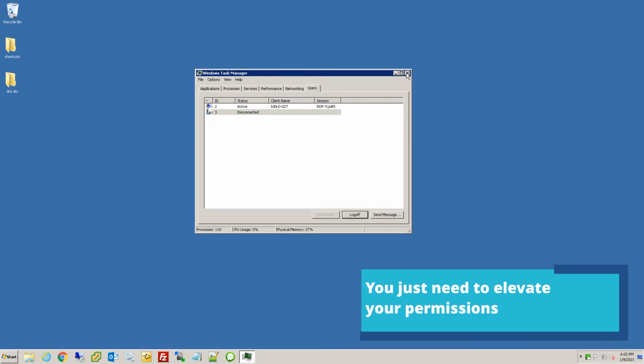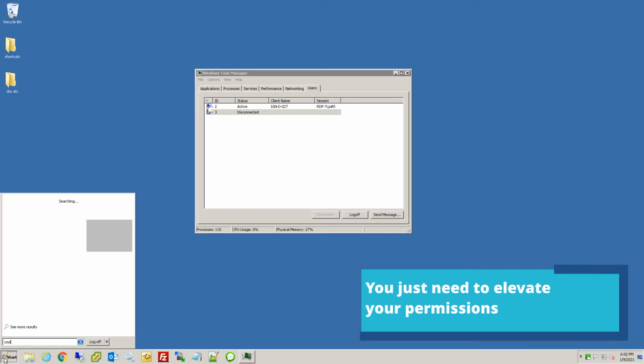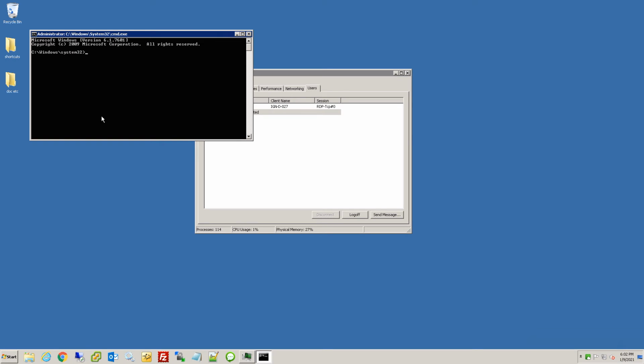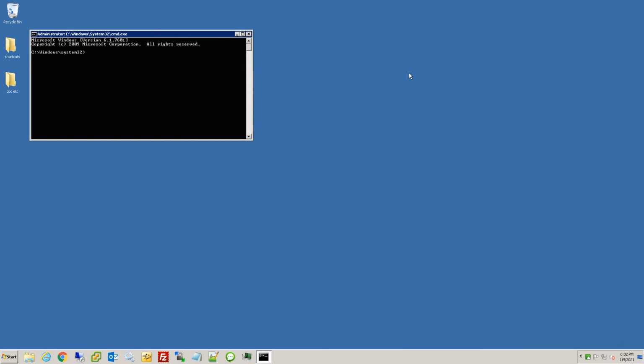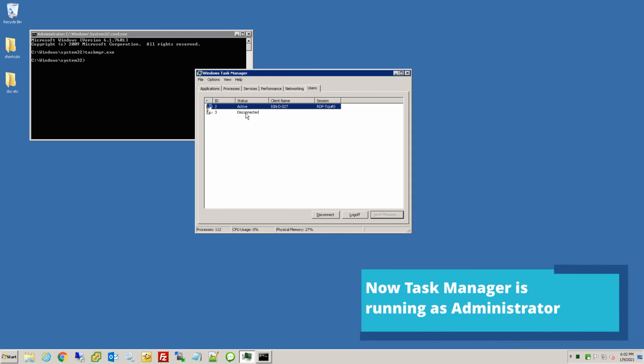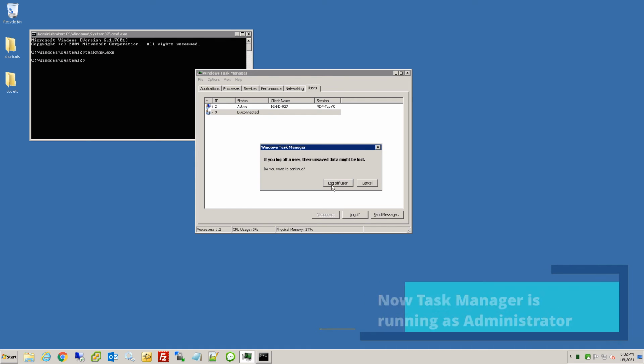So let's go ahead and show you the first way. So we open up start, type in CMD, right click and do run as administrator, hit yes. And then you want to close the current task manager you have open. And then you can just type in taskmgr.exe, hit enter, and then boom, opens up task manager again, and now you can click on that user and hit log off and then log off again,